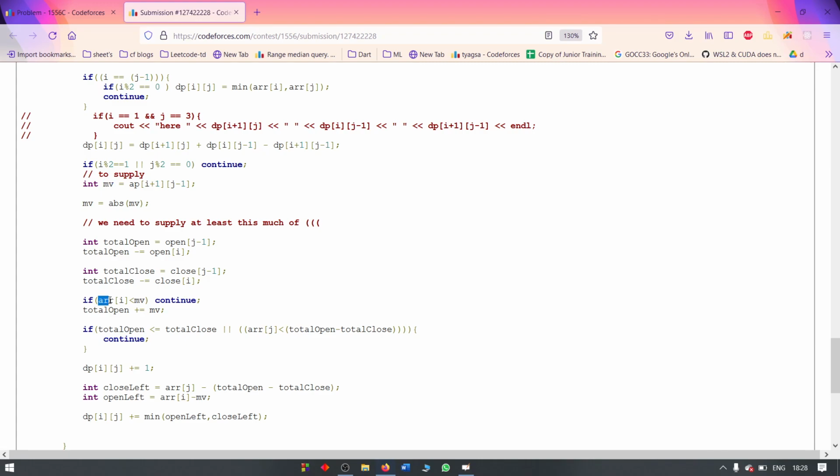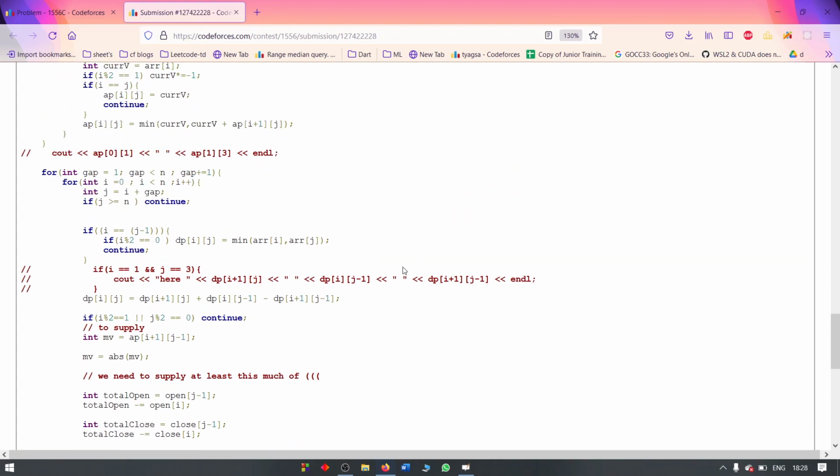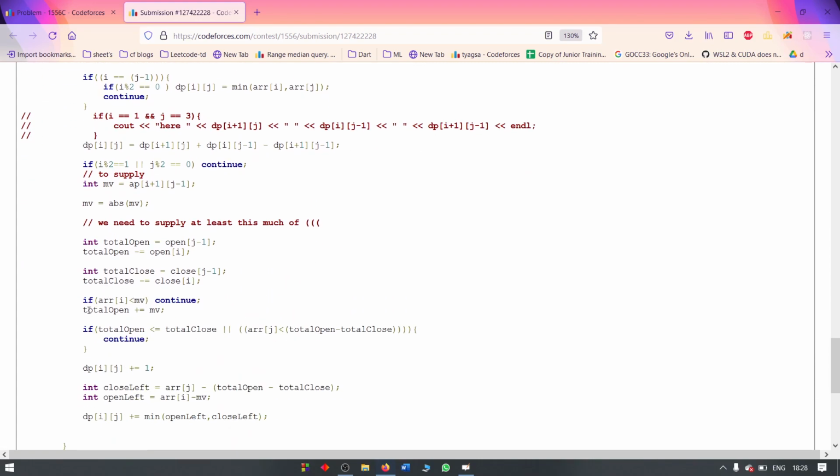So if my array of i, that is the total number of opening brackets I have at ith index, is less than the number of opening brackets that I need to supply, then I just move forward. I do not handle it, I move to the next case. Otherwise, my total opening brackets would be increased by this variable.